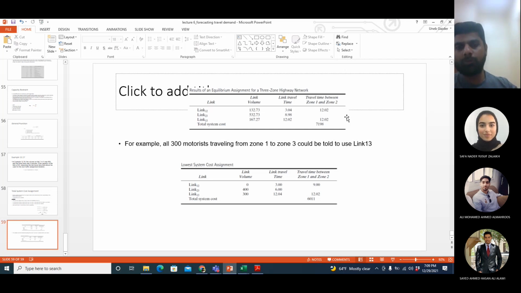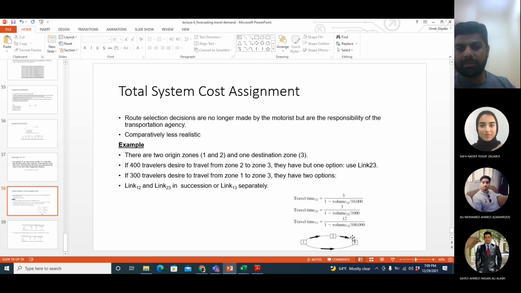Total travel time to go from 1 to 3 either from this route or this route is equal. So this 300 will be basically divided. You have to select a division of this 300. Some of them will be on this link, some of them will be here,